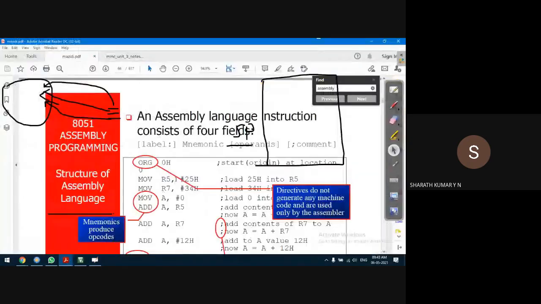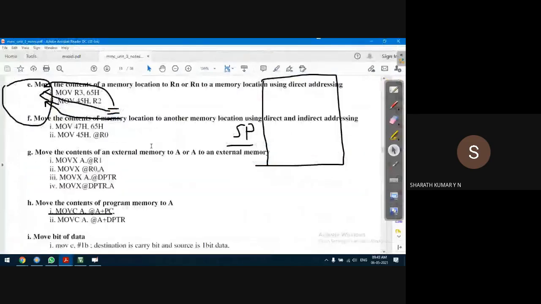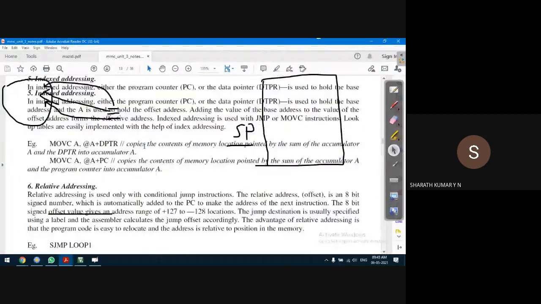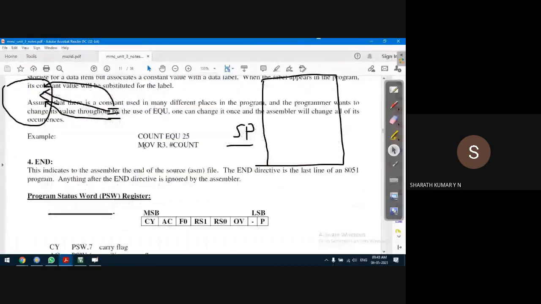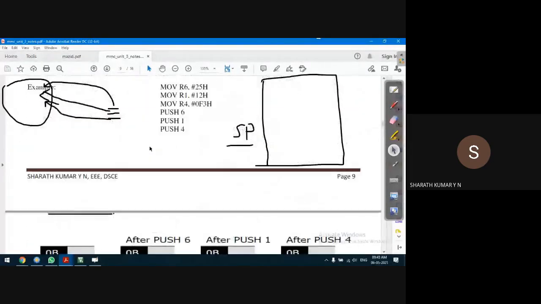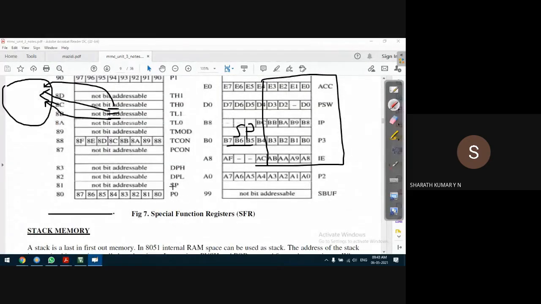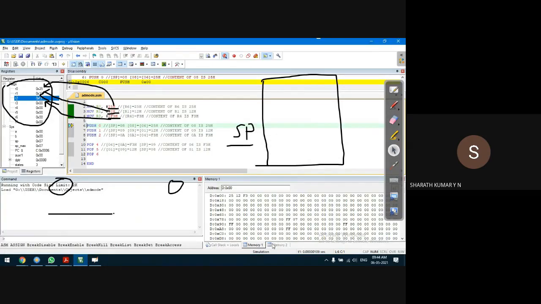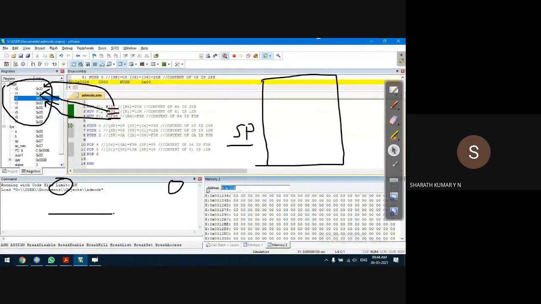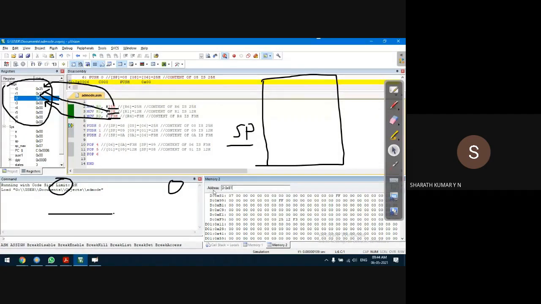81H actually, I remember it as 81H, but I'll show you, because we may not remember all the addresses. I have taught the course for the past 8-10 years, so I remember, but okay. If you see this diagram, guys, the byte address of the stack pointer is 81H. So we'll go to the compiler and open one more memory window. There we'll take the address as B colon 0x81H.